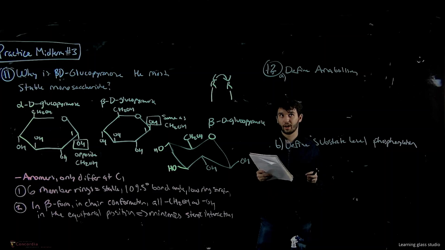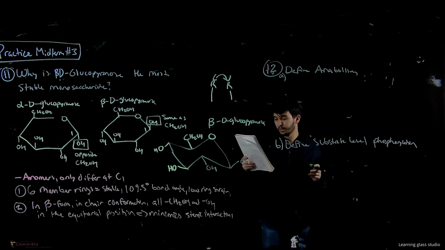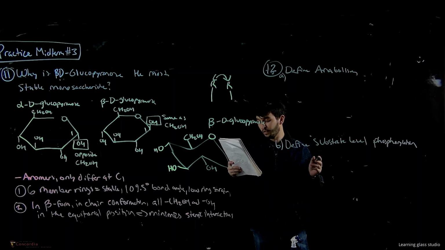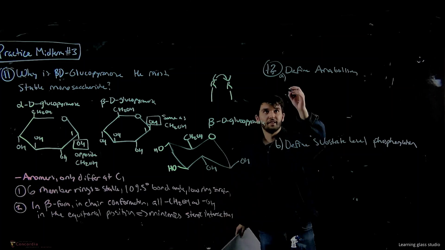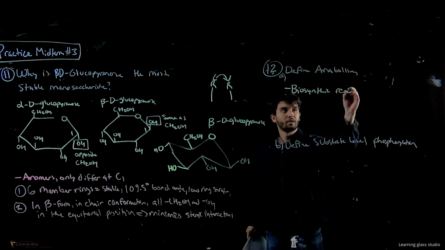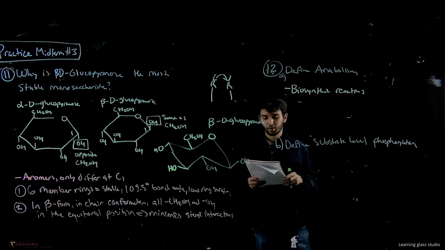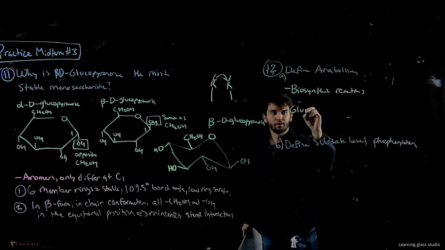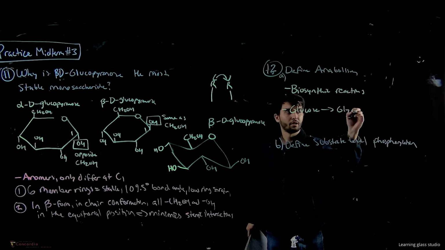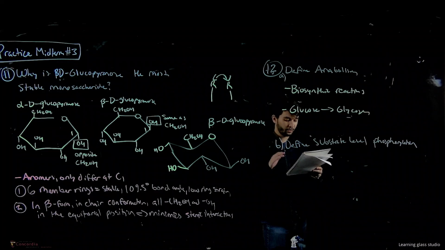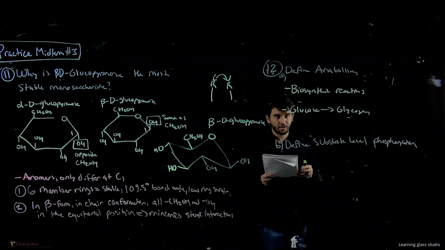Last question, number 12. Part A is define anabolism. These are reactions that build large complex molecules from simple, smaller molecules using energy. So this is biosynthetic reactions. Okay, so these are reactions that are building things up. An example of this would be glucose turning into glycogen. So this is taking a lot of small, simple compounds, putting them together, and these usually use energy,